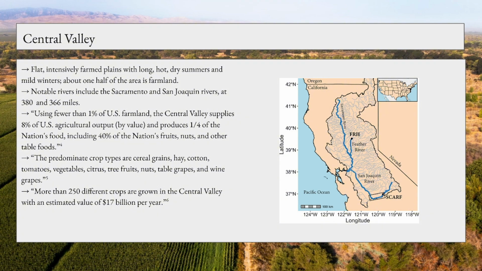We're almost so famous for growing almonds here, which are a very thirsty crop. I believe each almond takes about 1.1 gallons of water. And yeah,